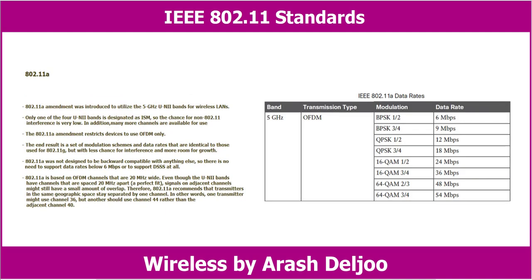The next standard is 802.11a. Both 802.11b and 802.11g share one problem. They live in the 2.4 GHz ISM